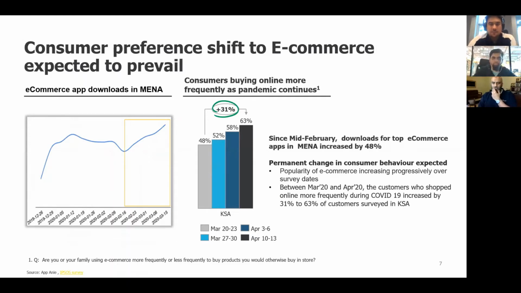All right, on this one, what we are showing is that the preference for shifting to e-commerce is expected to stay. It's expected to prevail unless the e-commerce players give you a very horrible experience. More and more, all the data shows that nowadays customers are looking for variety, convenience, and competitive price. I would not call it cheap price or a good deal. There are obviously a set of customers who come online only if there are good deals, but there is a set of customers who regularly buy